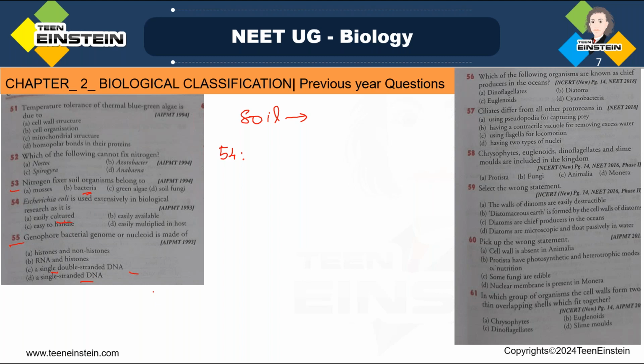Next, question number 56. Which one of the following organisms are known as chief producers in the ocean? So in the ocean, which are the chief producers? First option is dinoflagellate, option B diatoms, option C euglenoids, and option D cyanobacteria. So diatoms are the chief producers in the ocean, and they contribute